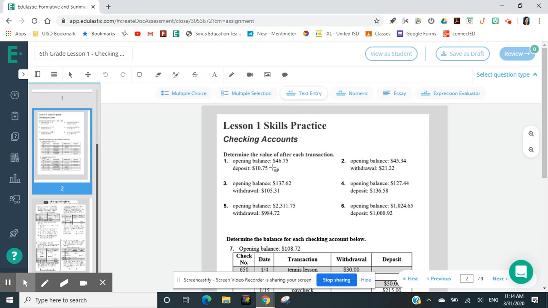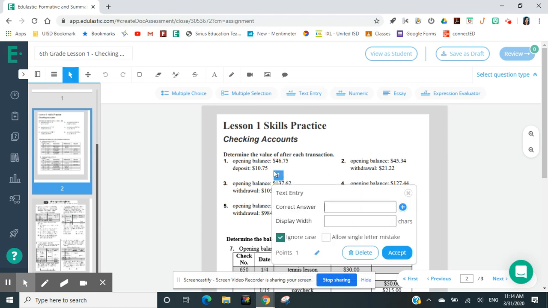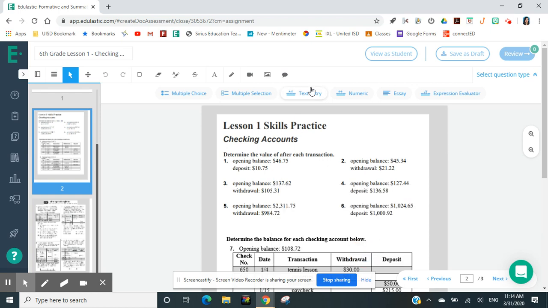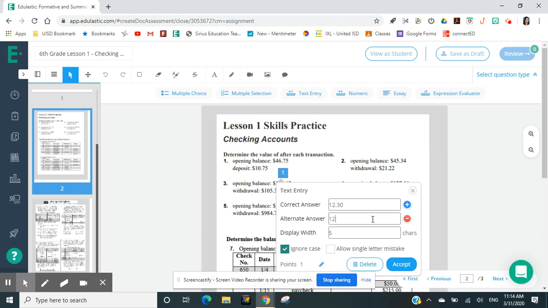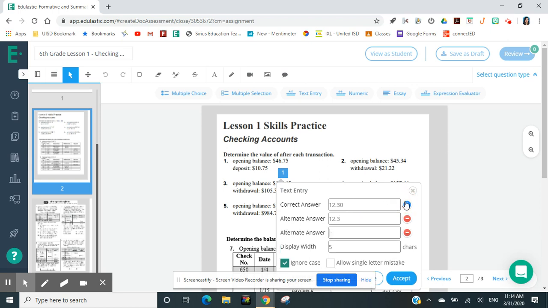And I'm going to put it more or less where I want the answer to be placed. So right here, okay, if you don't want it there, you just delete it, click on it again, and then put it a little bit higher, okay? And here you're going to put correct answer. So if the answer is 12.36, you put it like that, but you can also put, well, let's pretend it's 12.30, right? You want to add the most possible answers that they can actually come up with,